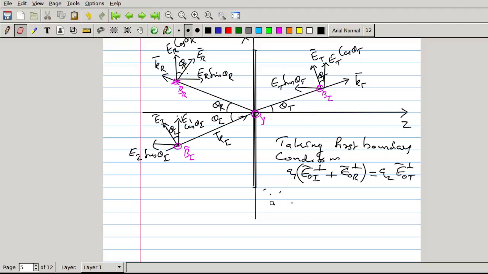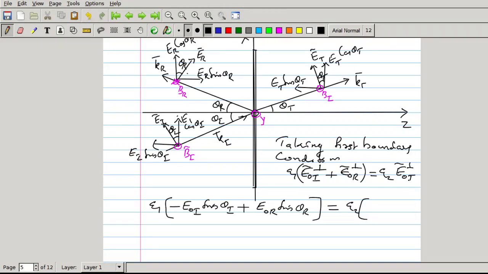So epsilon 1 into minus E0I sin theta I plus E0R, its component is along the positive z direction, so plus E0R sin theta R,